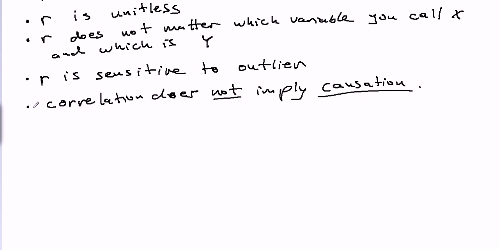Okay, this concept of correlation does not imply causation steers you away from ever trying to say two things cause each other just because you've noticed that they're correlated to each other. So what's the example? The example of a study that shows this is we've noticed that as hot chocolate consumption increases, so let me just indicate that by this up arrow, so as hot chocolate consumption increases, crime